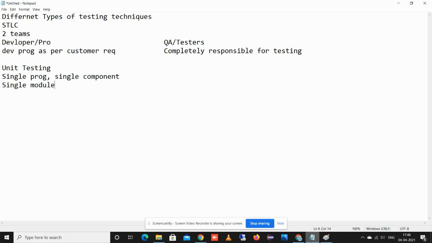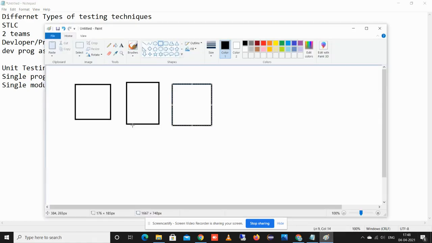If there are multiple components, like module 1, module 2 and module 3, these three modules communicate with each other.